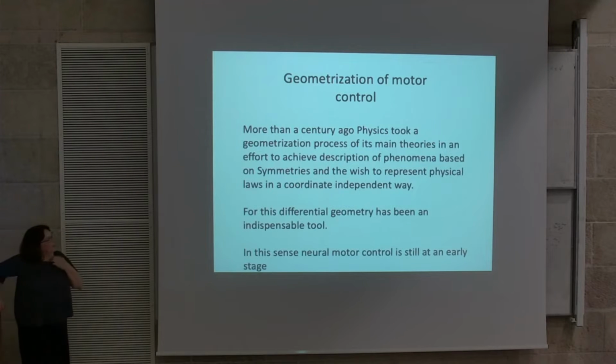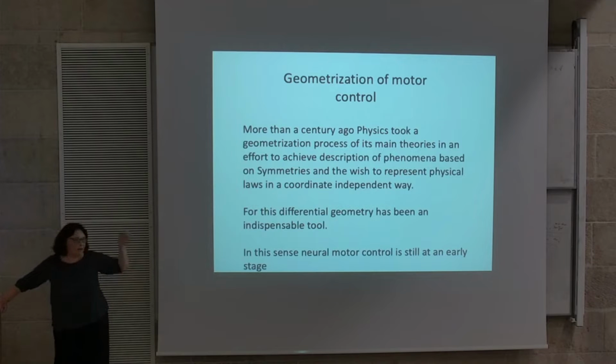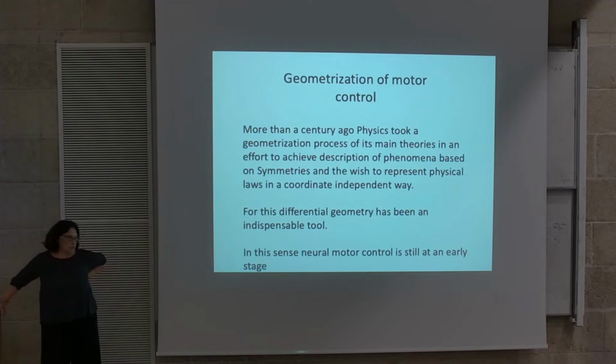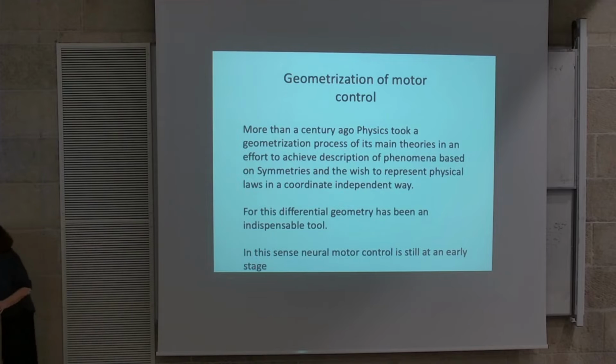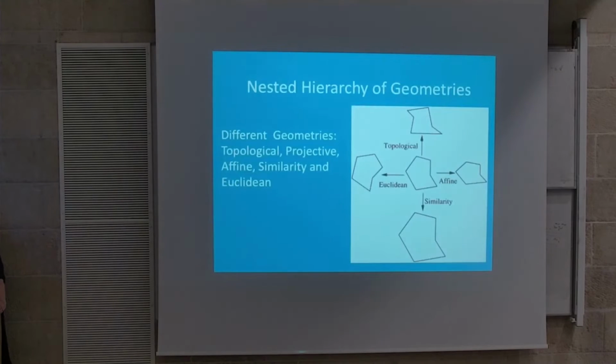So that's very nice, but I actually wanted to go in a different direction and ask what kind of geometry the brain uses to represent motions. Because we talked about jerk in Euclidean space, okay? And we know that in physics there has been a lot of development for 100 years or more looking at physics from the aspect of geometry. So maybe this is a suitable direction for neuroscience also.